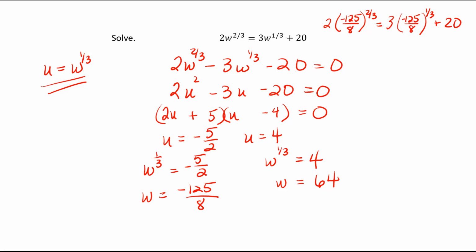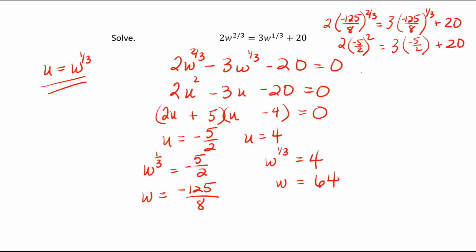So this will be 2 times, if I take the cube root of negative 125 over 8, I'm going to get negative 5 over 2, and I'm going to square that. And then if I take the 1/3 power of negative 125 over 8, I still get negative 5 over 2,